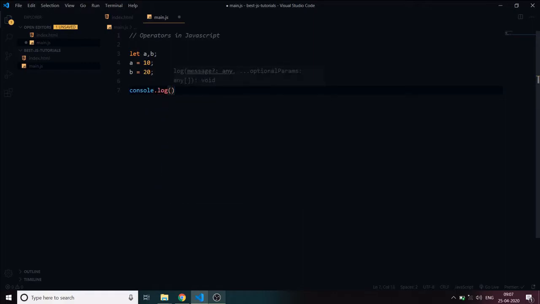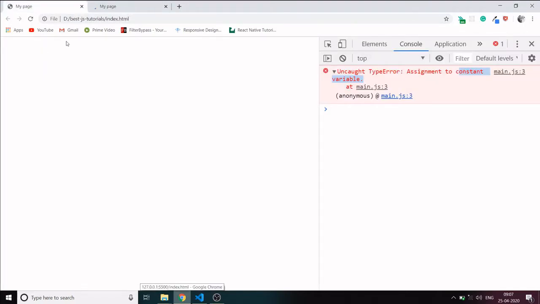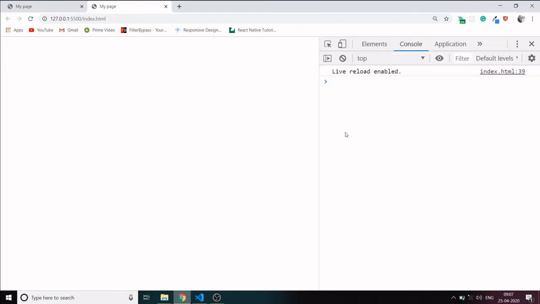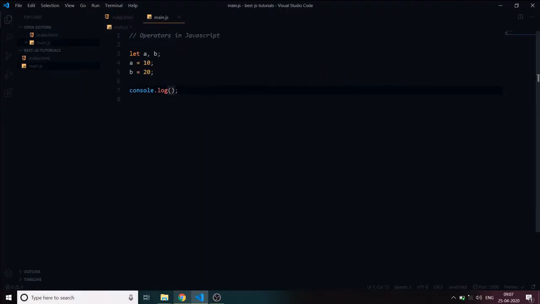Now I will open this with a live server extension in VS Code, and what that allows me is that I don't have to continuously refresh my page to see my result. It will automatically refresh my page whenever anything is changed. I have opened my console here, and it is just shown by the extension I am using. So I can console log A plus B,